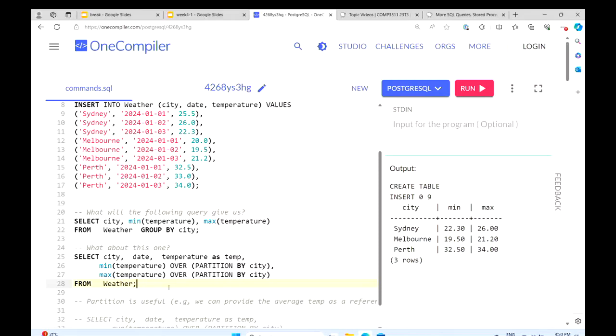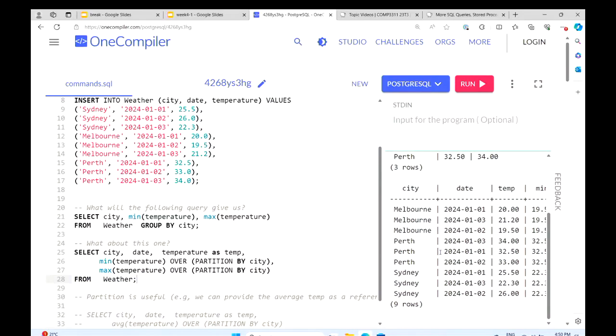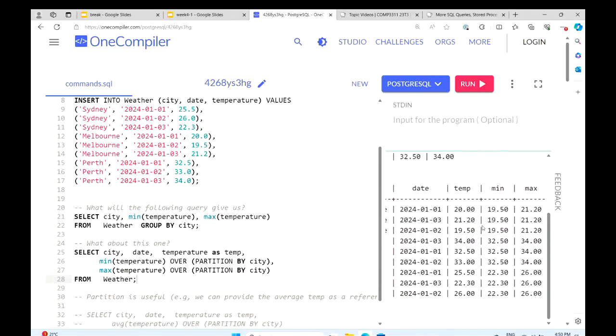So it's like an augmentation for tuples. How many rows do we expect this time? Actually 9 rows.